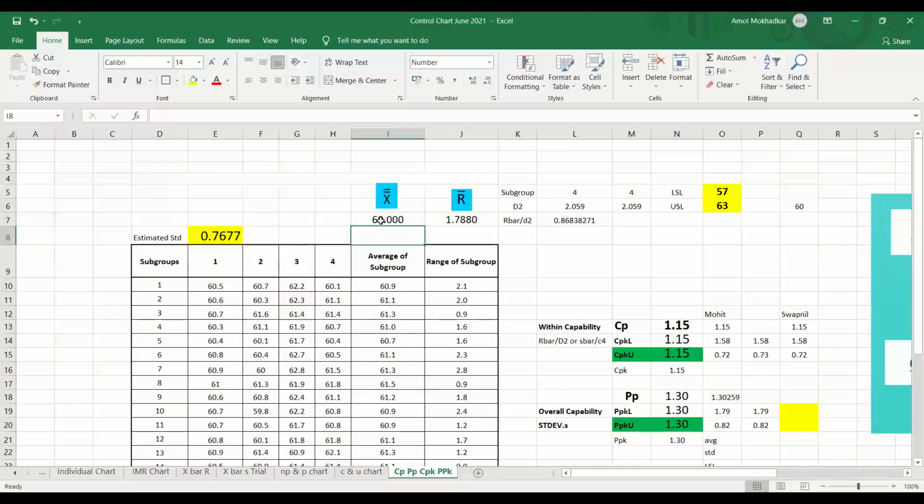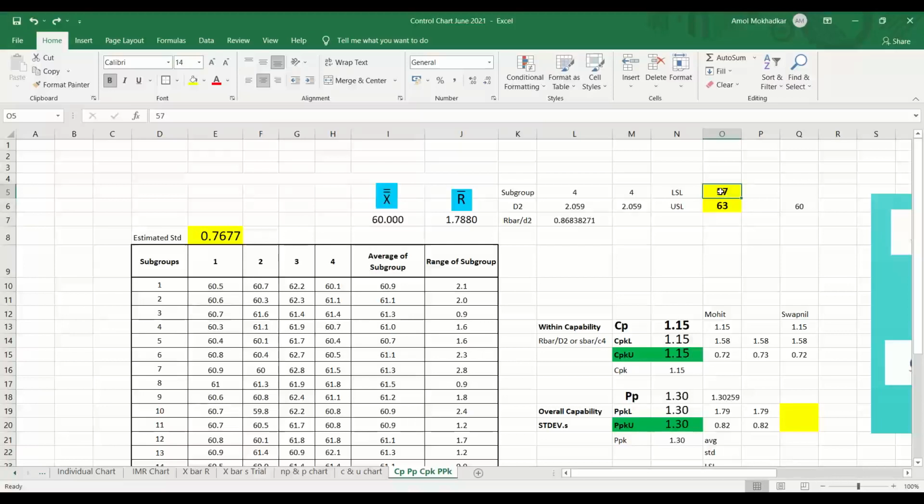How can you narrow the LSL and USL down? If you narrow this down, your value will go down again. If I make it 58 and 62, your value will go down drastically. You cannot play with the specification limit. Specification limits are the requirement. How can you play with that? Okay.